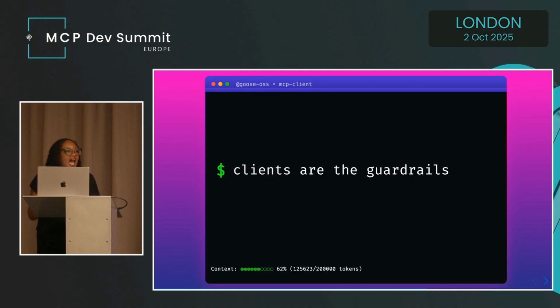So who decides whether the agent should actually do something? The client does, right? The client is where permissions live. Where you get those confirmation steps, where the workflows should be executed responsibly. Like, help me, right? Don't let some malicious MCP server come and steal all of my passwords, for example. So this is where clients can really shine.